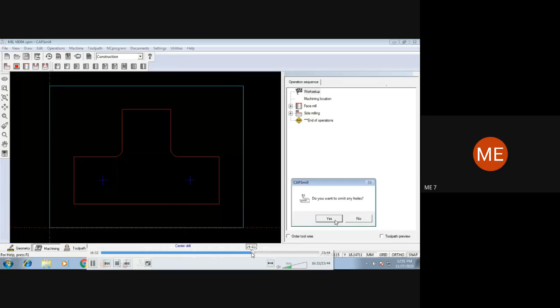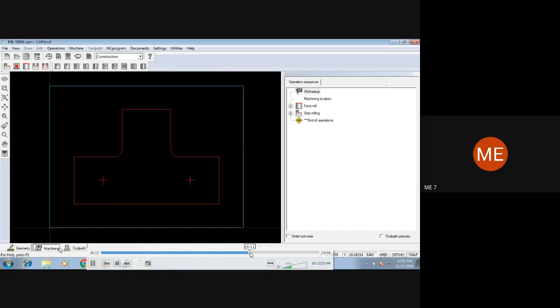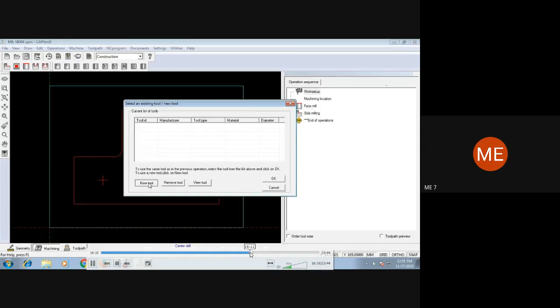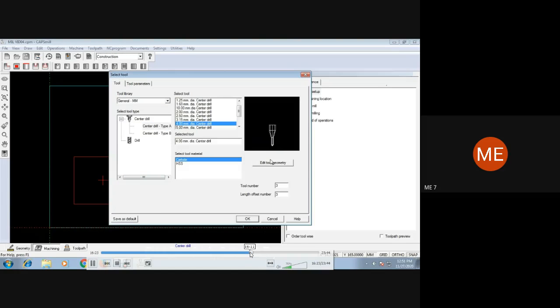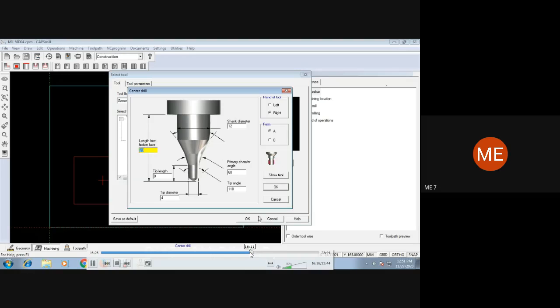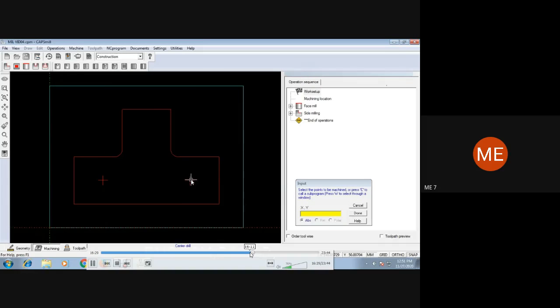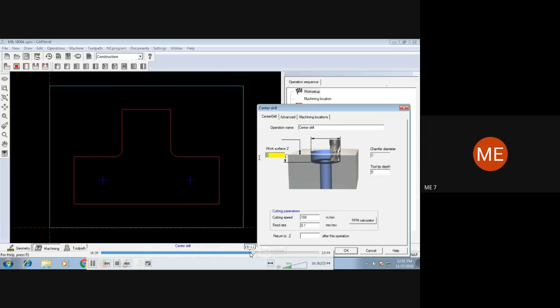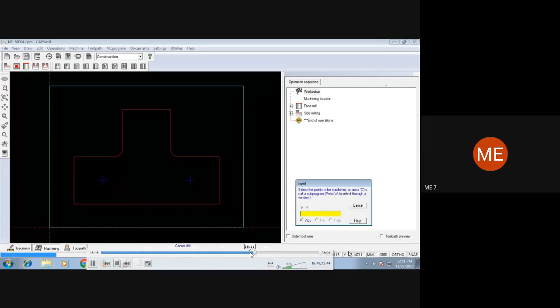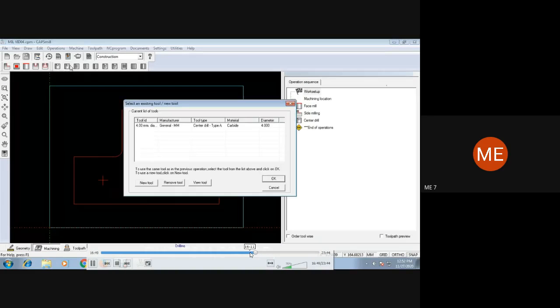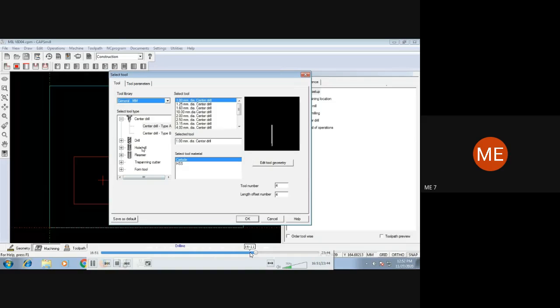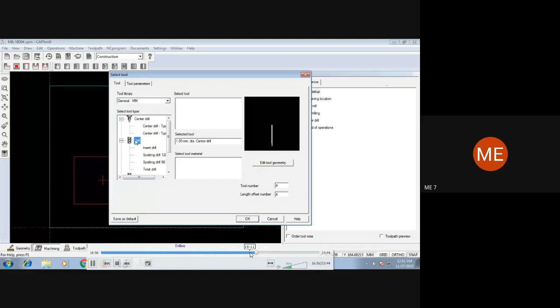Okay, now we'll click on this, go for center drill, new tool, center drill type A, go to diameter tip of 4 mm, click on these points, click on done, then OK, then it will ask us for the work surface value, that is the Z value minus 10, that up to a depth of 1 mm, and then go for drilling, new tool, drill, insert twist drill,